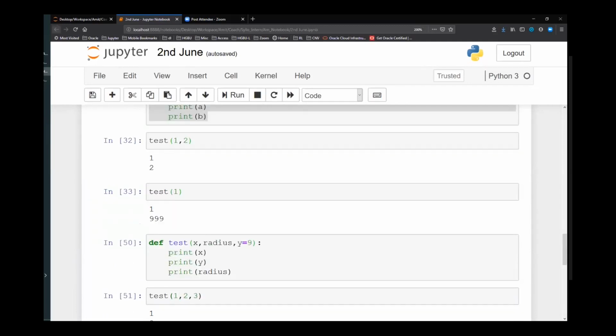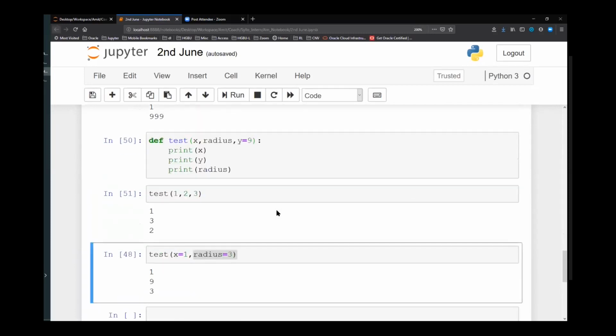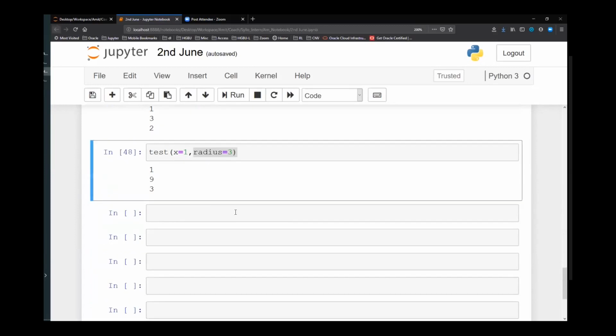I hope it is clear now, and there are no further questions here. There are a few small things more to functions that I will be discussing in bits and pieces. Don't worry about it. Okay, but let's not discuss everything in one go. Okay, it is not going to be helpful.